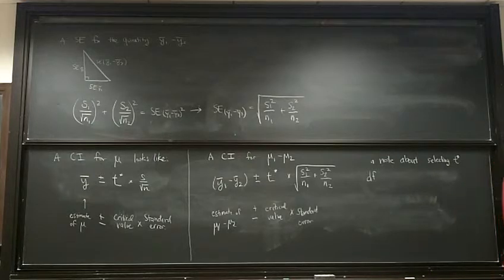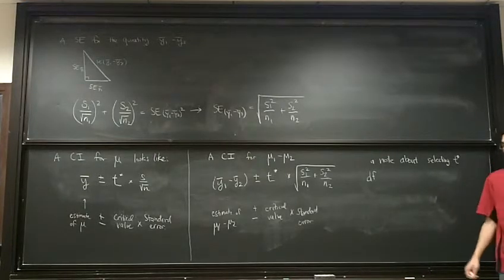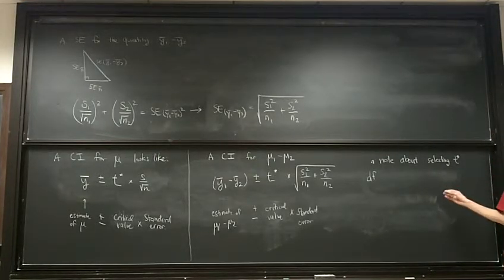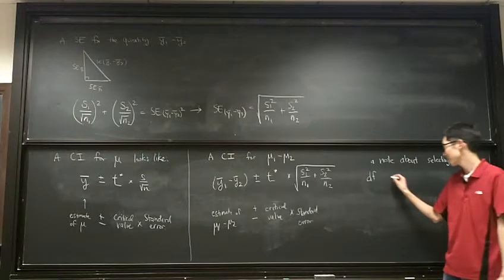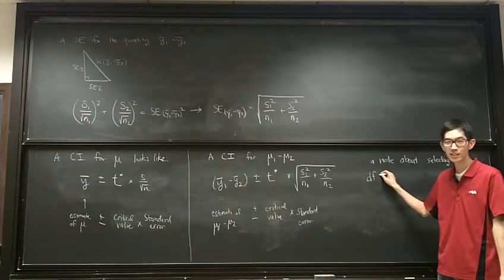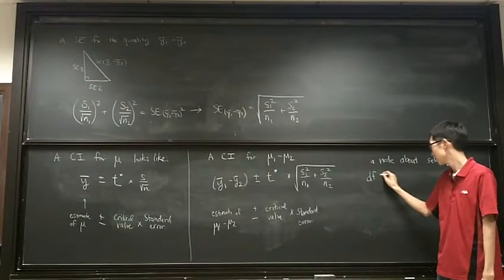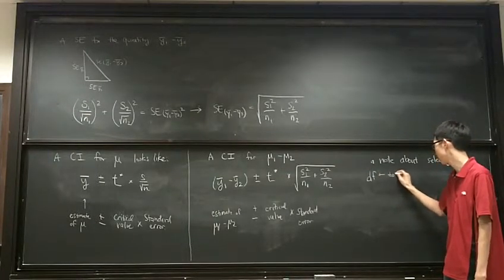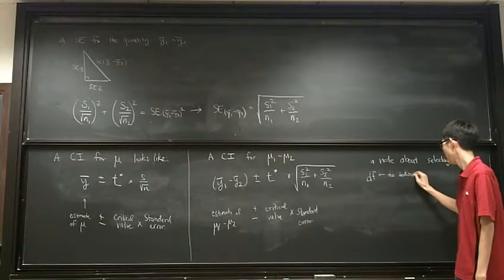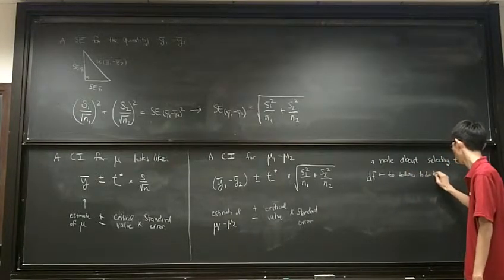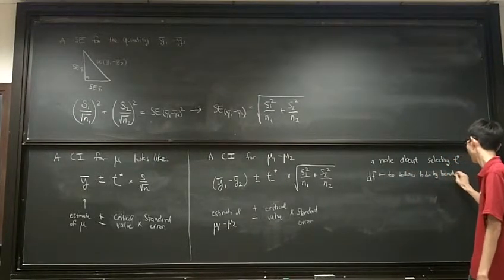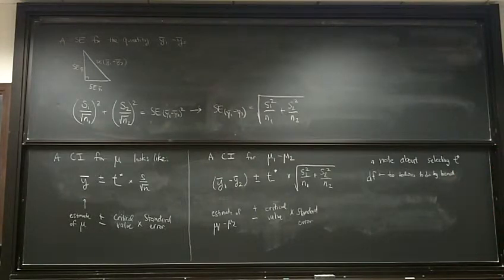The truth is there is a way to find the degrees of freedom, but the true method is very complicated, and we don't want to do it by hand. With a computer we can find it easily, but to do it by hand it's too tedious. You can see it in the book. It's on page